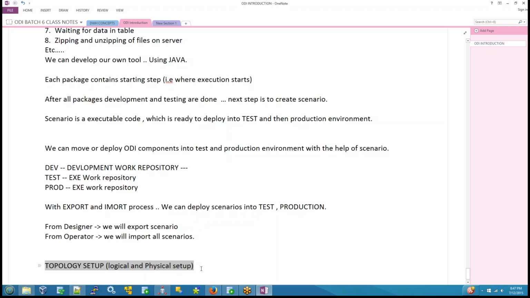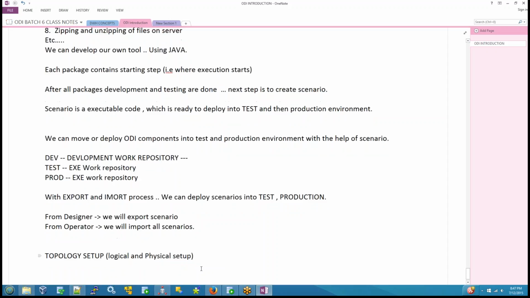Okay, so the topology setup, logical and physical setup. So we are going to create a physical setup and a logical setup. Once the topology is done, the next step is to create a project. I'm telling you that once again, I'm refreshing the whole life cycle of your project. So create a project. Where do you create a project? In a